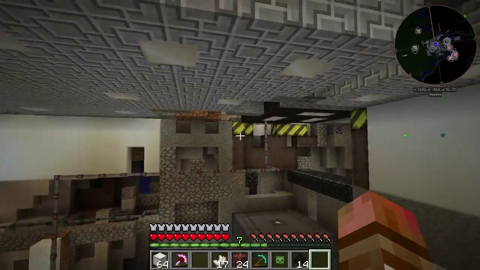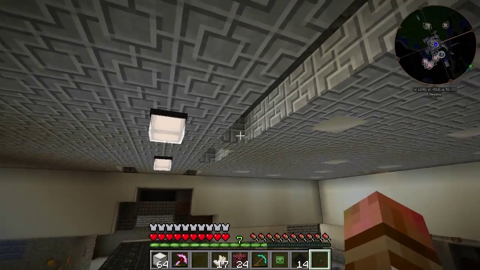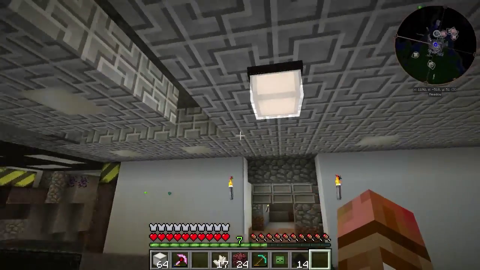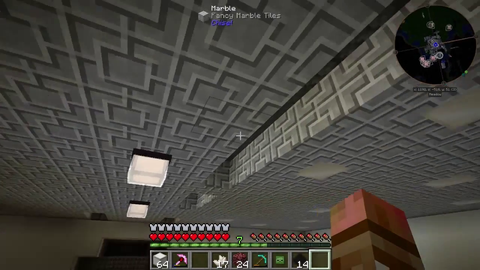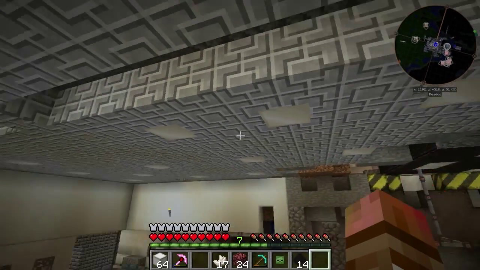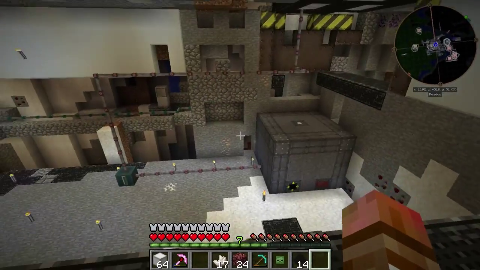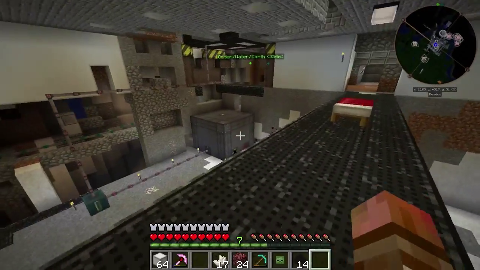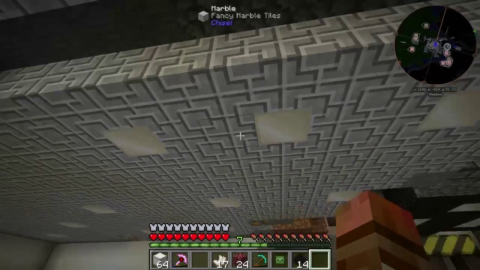I need to remodel this entire place here. I'm going to pull all these glowstone pieces from here, and pretty much the ceiling is going to probably stay the same marble, the fancy tiles. The difference is I'm not going to put any lights up there. The lights are going to be hanging down from the tops,